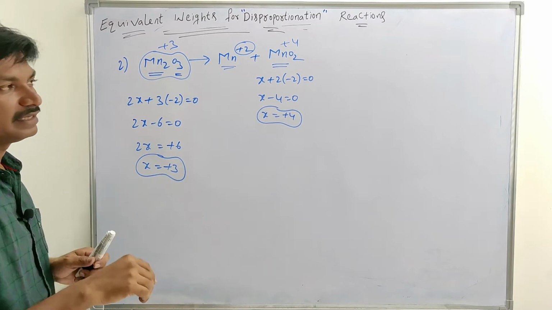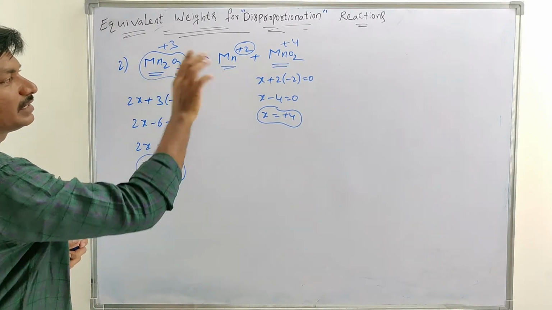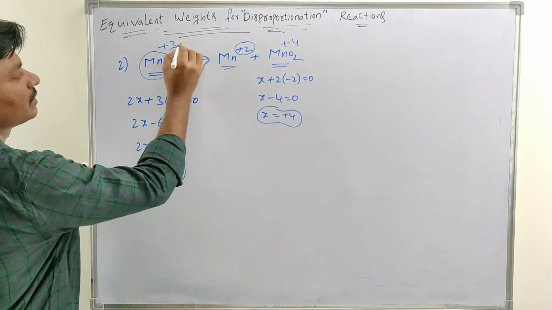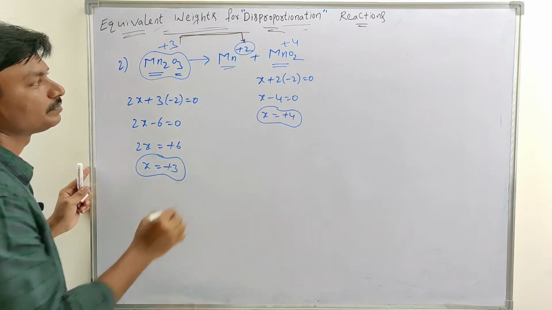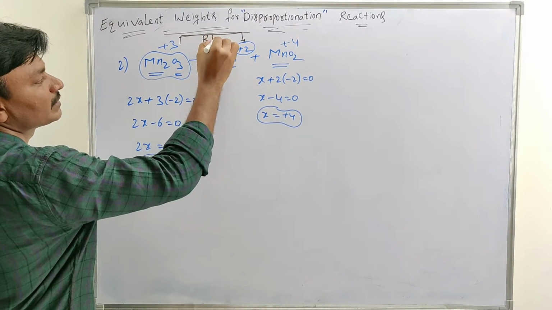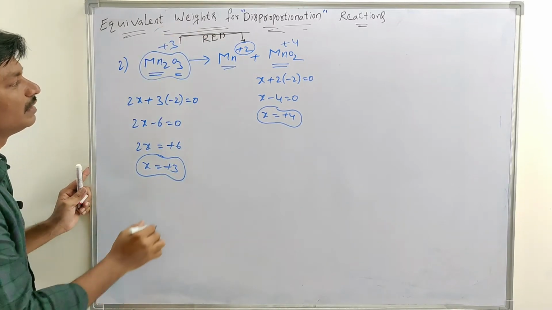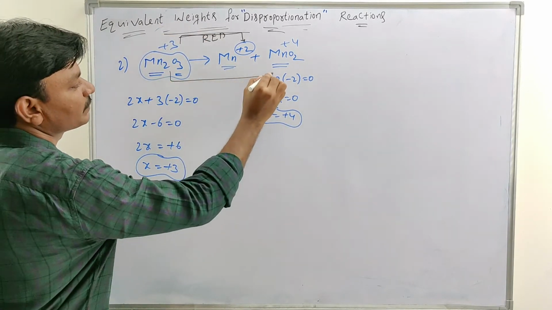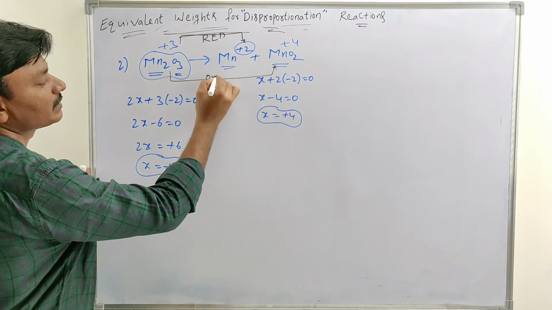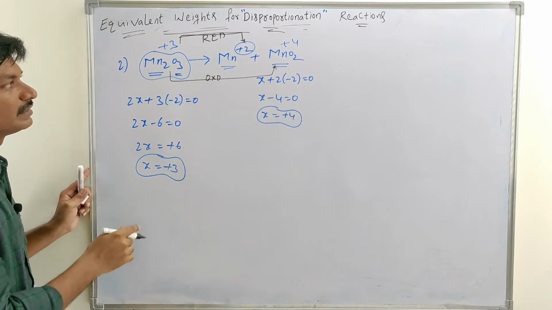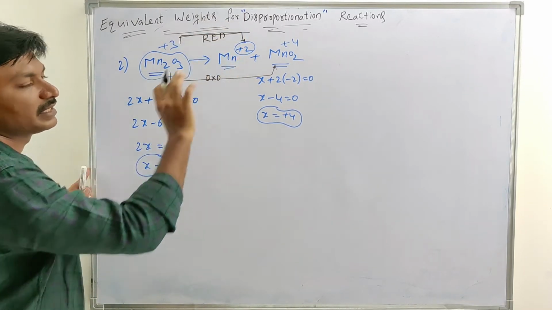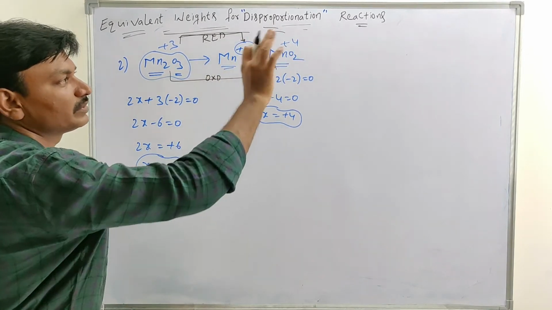Here, two conversions are present: Mn2O3 gives rise to Mn plus 2, and Mn2O3 gives rise to MnO2. In the first conversion, plus 3 to plus 2, the oxidation number is decreasing. Decreasing oxidation number is called reduction. In the second case, plus 3 to plus 4, the oxidation number is increasing. Increasing oxidation number is called oxidation. Clear? When only one substance is simultaneously involved in reduction and oxidation, that reaction is called a disproportionation reaction.